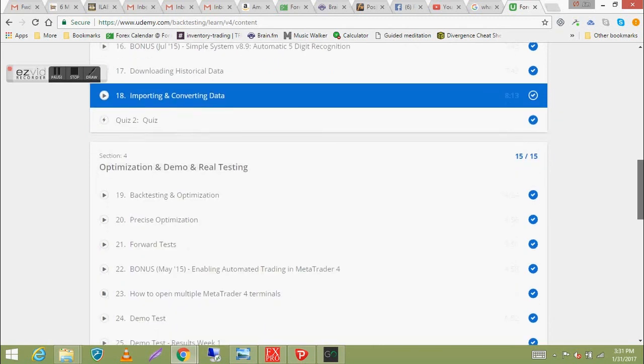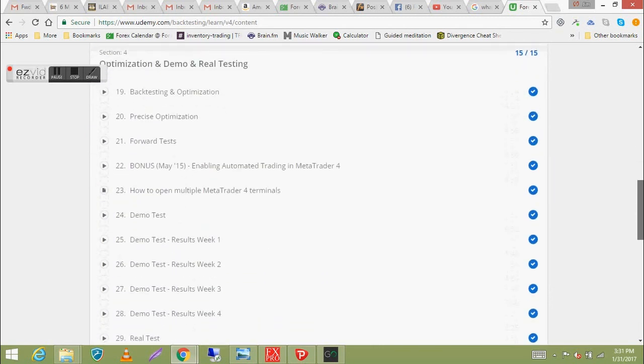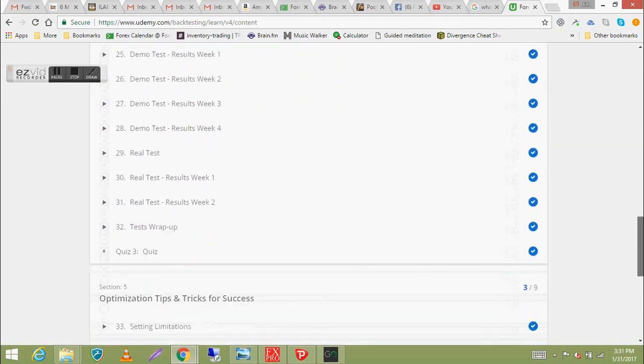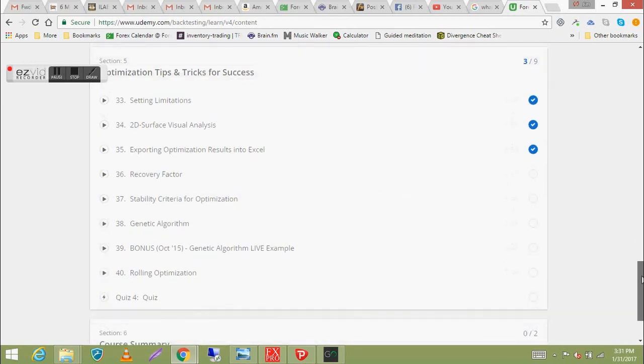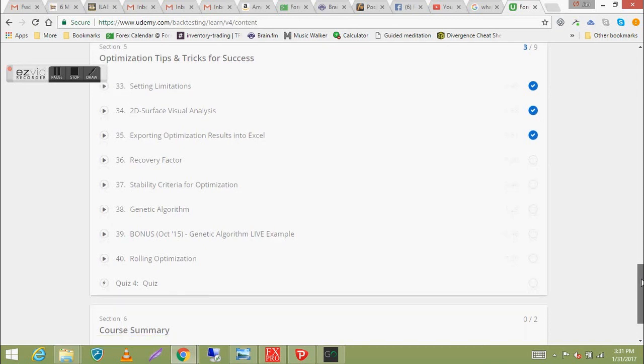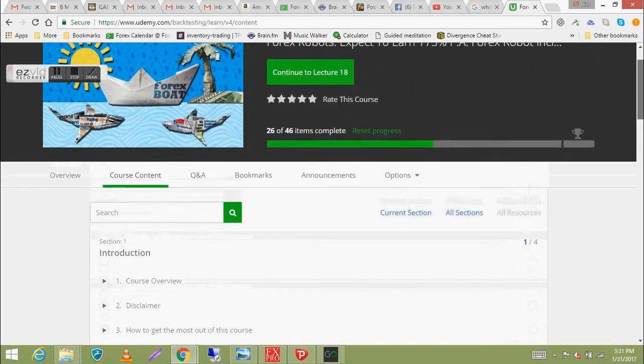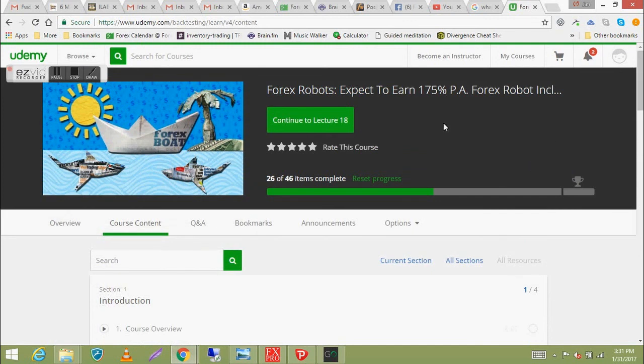And he explains all those other tabs that I couldn't explain, you know, the 2D and all that sort of stuff. Here we go, he's got a whole section here on optimization tips and tricks. You know, the 2D surface visual analysis, setting limitations, exporting optimization results in Excel, stability criteria for optimization, stuff that I would hardly look at. This is for hardcore people that like to get a bit techie, a bit geeky. Not for me. But if you're interested, there are courses like that, or you can YouTube it,